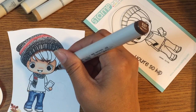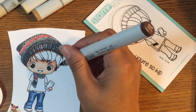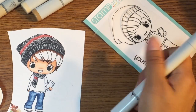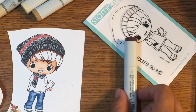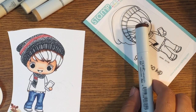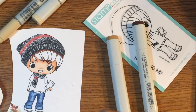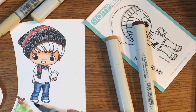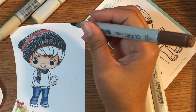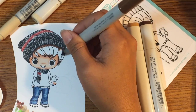So sometimes if you want to get a blended look, you can layer and sort of scribble the two colors together. Let's see, I went with E27. I don't know. I think I'll go with the E55. It might be too light. Let's see. This. I usually test my colors at the very corner. Okay, this one's a little bit lighter, and this is the E57. And I'll just make